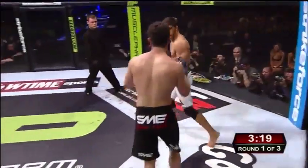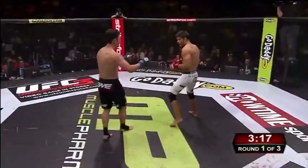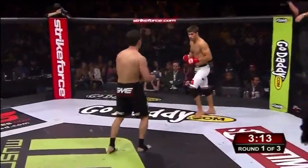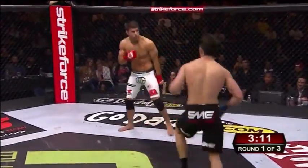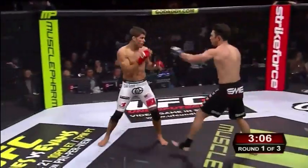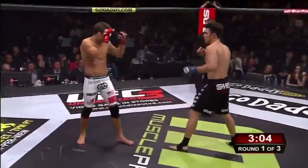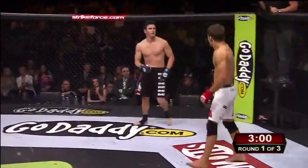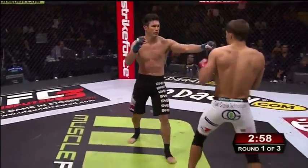He can strike, he's got knees, he's got push kicks, he's got takedown defense, grappling, submissions. I mean, he's a hybrid out here. There's not that many guys that are that well-rounded, and he's one of them. Ran into a jab there on a takedown attempt. Nunes trying to establish the jab, but it's Thomson again coming in, swarming him,